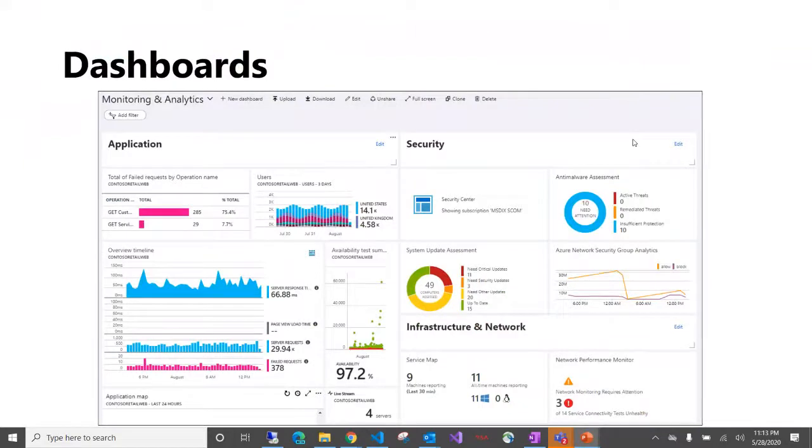Everyone is aware of dashboards. Dashboards are one of the most important parts of Azure. A dashboard is an interactive application. We can do whatever we want with the dashboard. For example, you can have your metric alerts for your application, or you can add your security information, whatever you want. You design it for your need, and you can just show it.